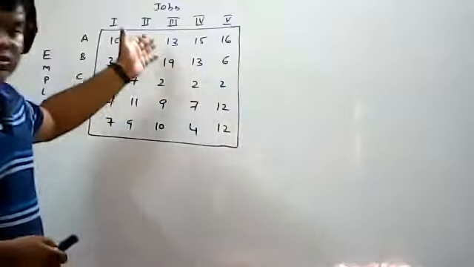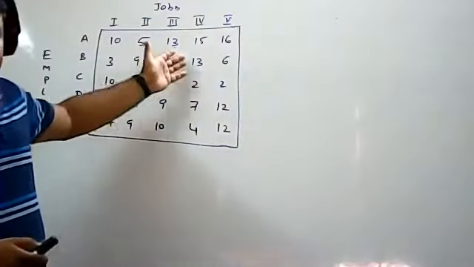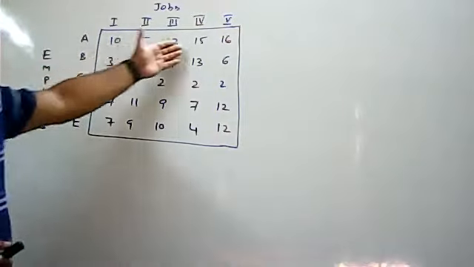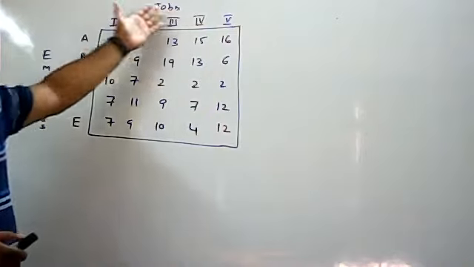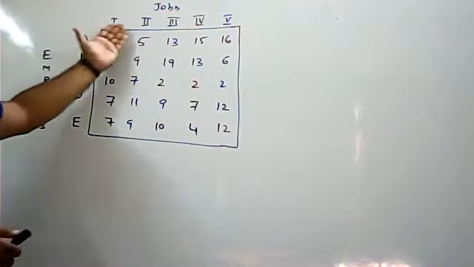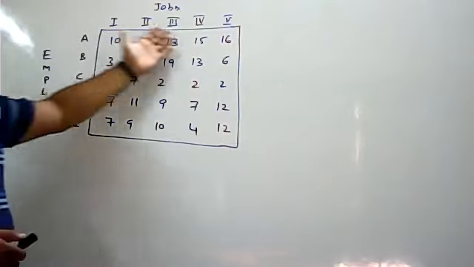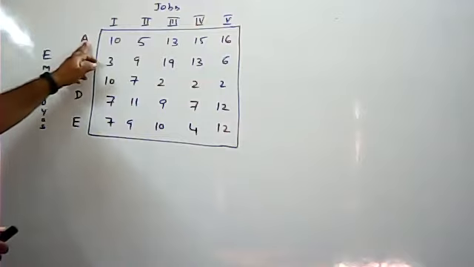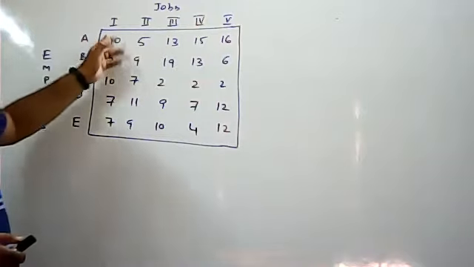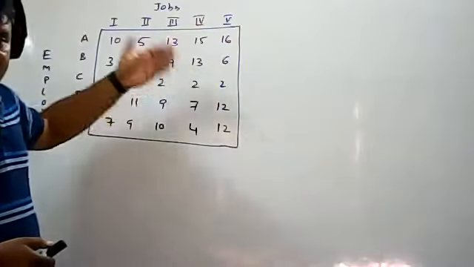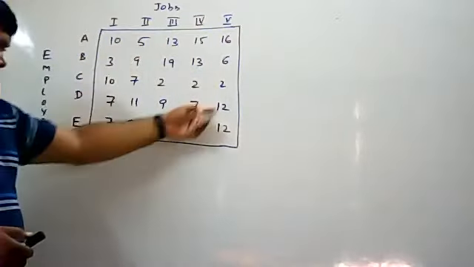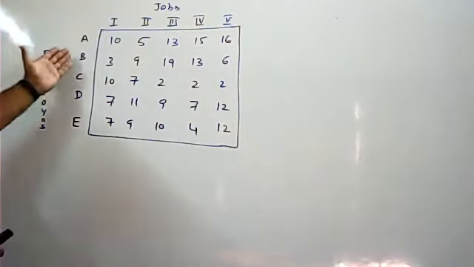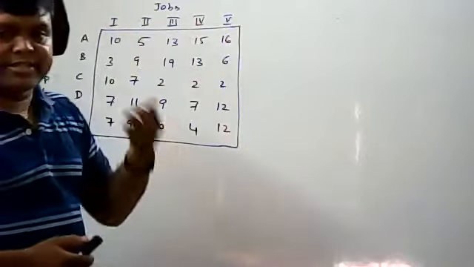For that, I have taken one more problem, problem number 2. Here, rows are given and columns are given: the row side has employees and the column side has jobs. Each employee should be assigned to one job. This is the optimum cost to complete. Suppose job 1, person A, employee A, completes it in 10 days. If it is given in days, you write days; if it is in rupees, you can write rupees. These are the cost values given to complete the jobs by the employees. One employee should be assigned to one job, and one job should be assigned to only one person.